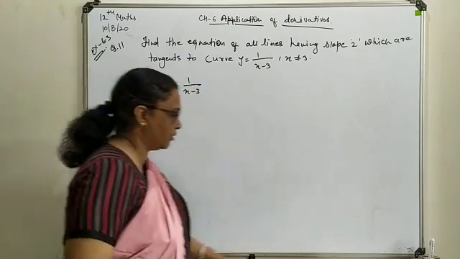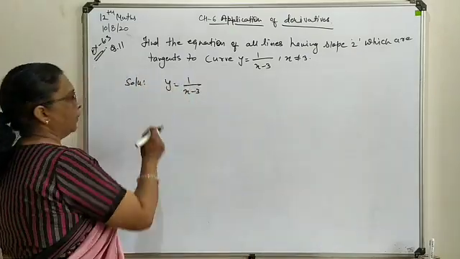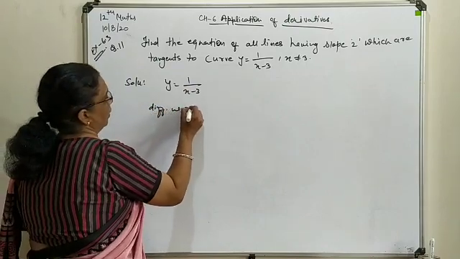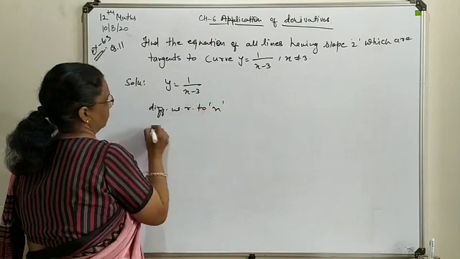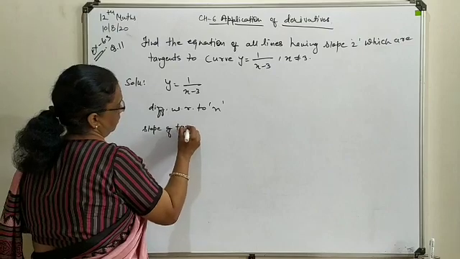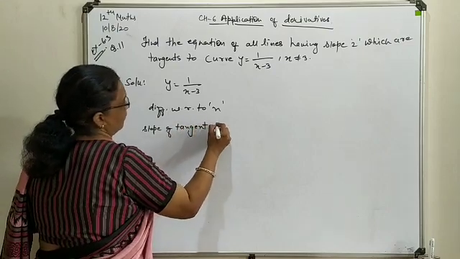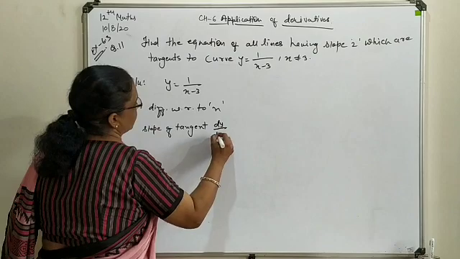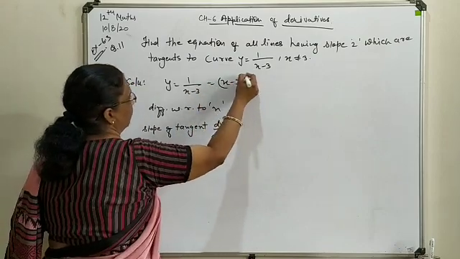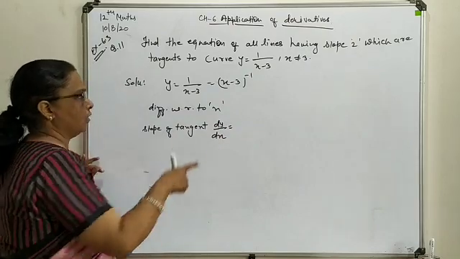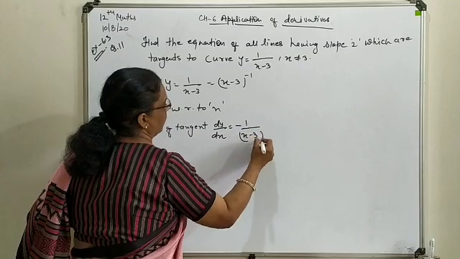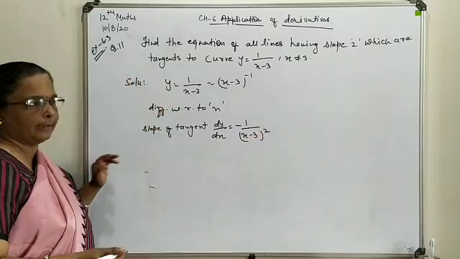This is again in a fraction form. Now differentiate with respect to x here. So the slope of the tangent we will evaluate: dy by dx, it is to be treated as x minus 3 with power minus 1. So for differentiation, if you treat this minus power, you will generate this type of combination after writing its derivative. You are all clear about this.